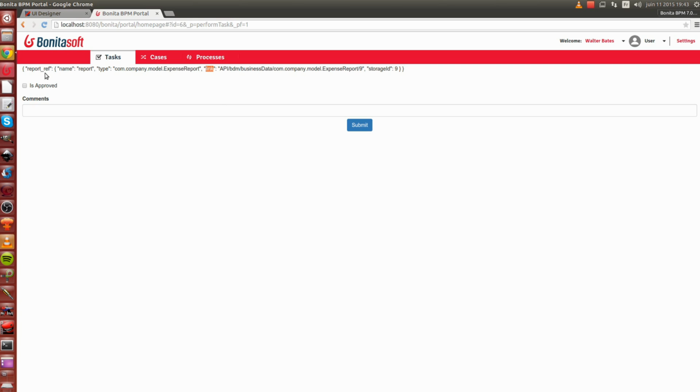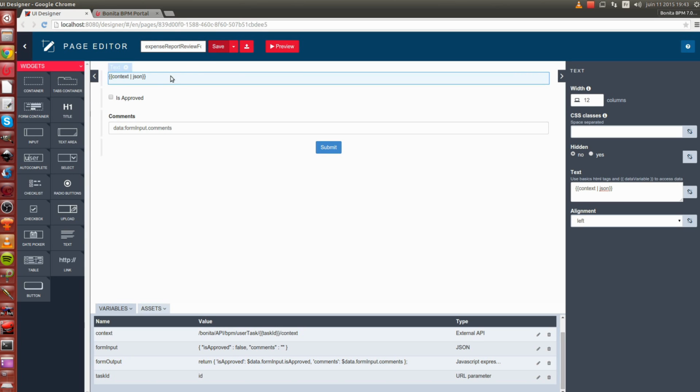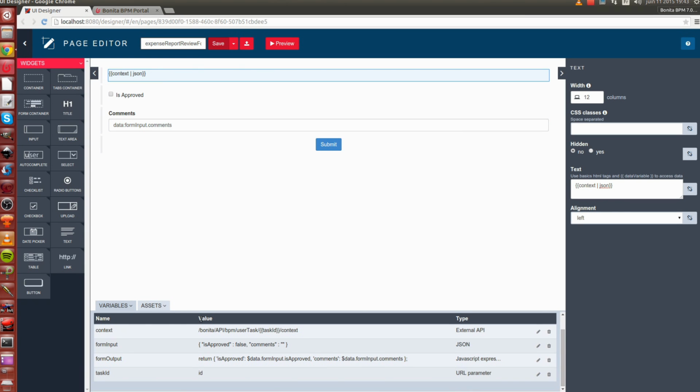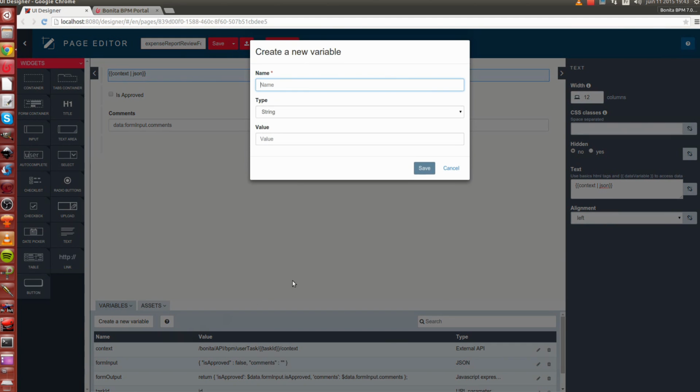So if I call ReportRef.link, I will get the REST API URL I need to call to fetch my entire request object and the lines that are associated to it. So I'll do just that in the UI designer. I'll get back to UI designer, and I will add an extra data here in the variables. I will call it report,